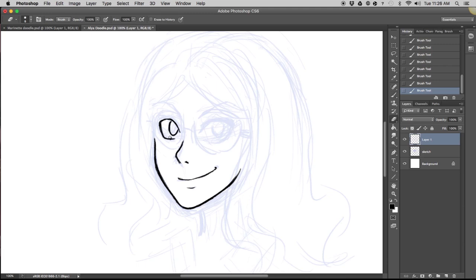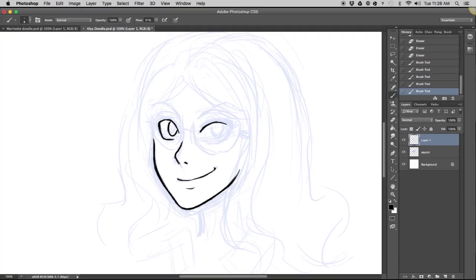I'm going to be erasing every so often. And this isn't going to be perfect. It's just an example. Oops. I made a mistake. Control Z. Alright, so